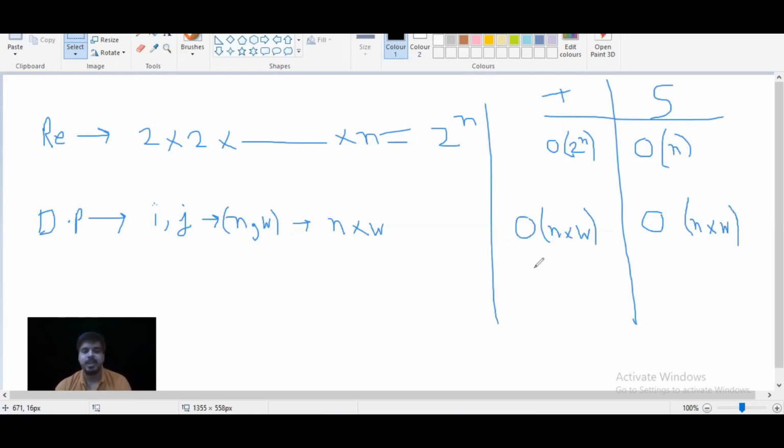That's all about time and space complexity for the solution. Hope this